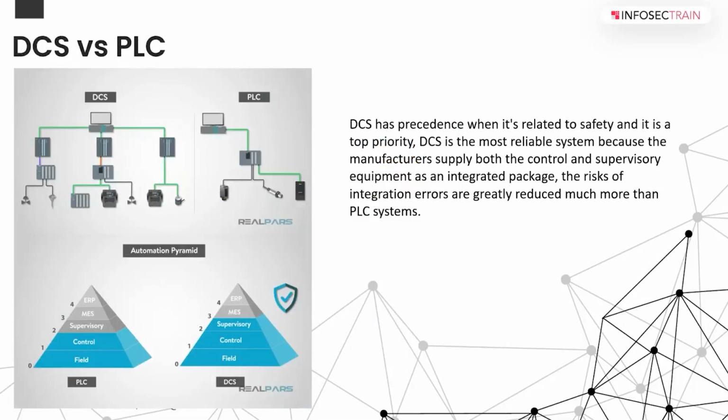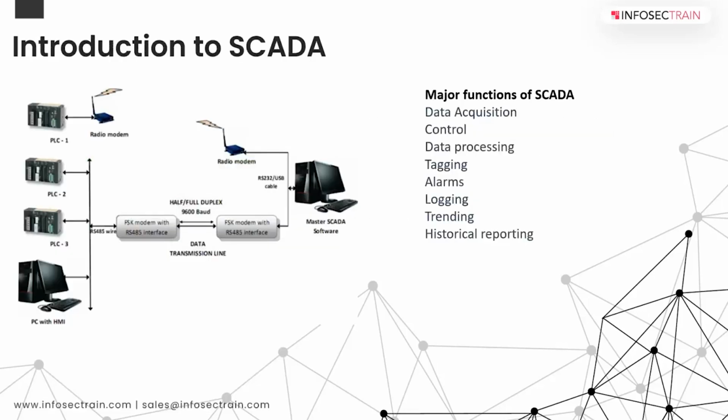But what is happening is the line between them is kind of fading. The capability is what DCS can do, even modern day PLCs can do, but it just gets expensive. You don't need a $1 million PLC, right? You can do with 20,000 or 30,000, or maybe a lesser cost PLC. So that's very briefly.